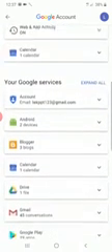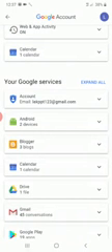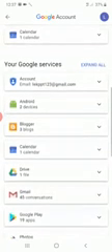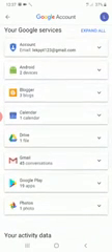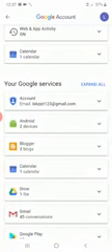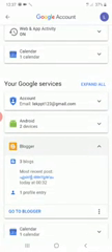Here you can see the Blogger. I am using this account in my 2 Android devices, that's why it is appearing like 2 devices. I have a drive, I have Google Play, I have Google Photos in this account. All these things will come here. While clicking on this Blogger, you can go to your Blogger account.